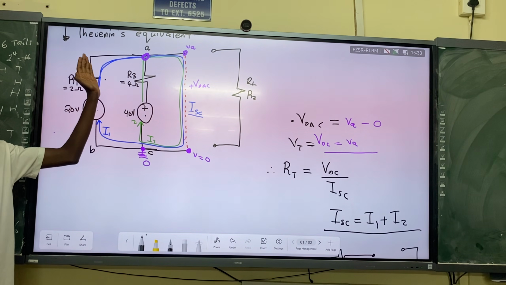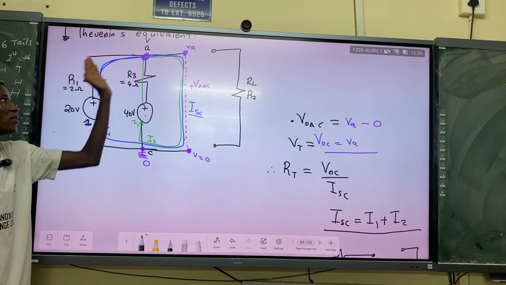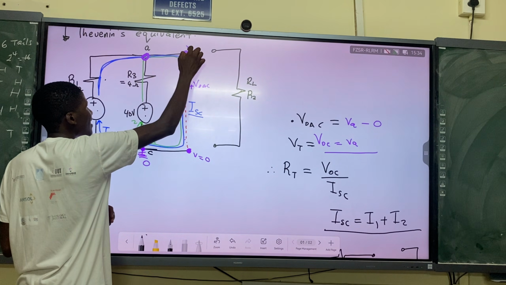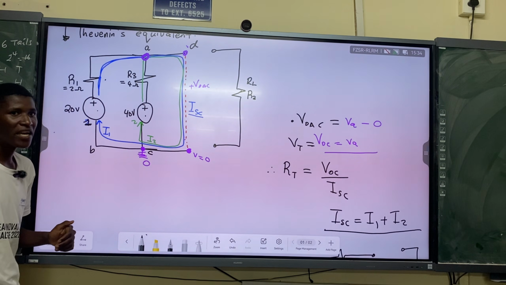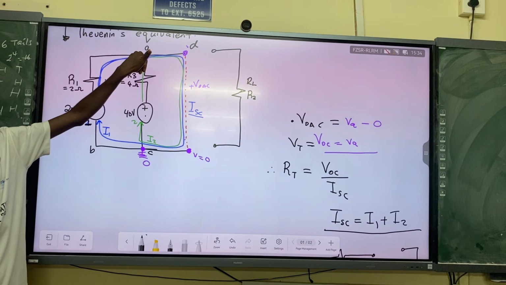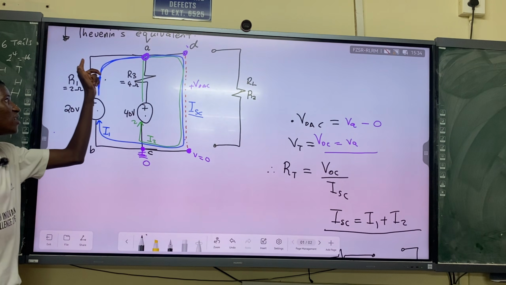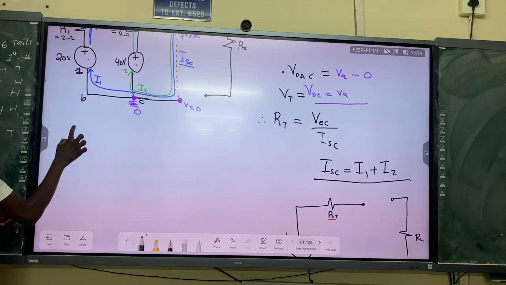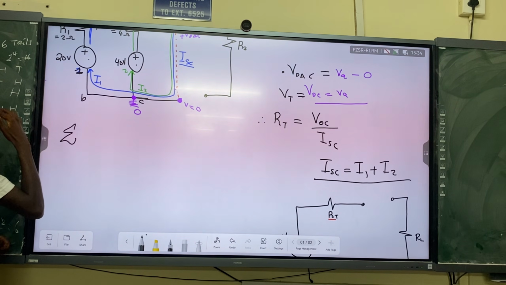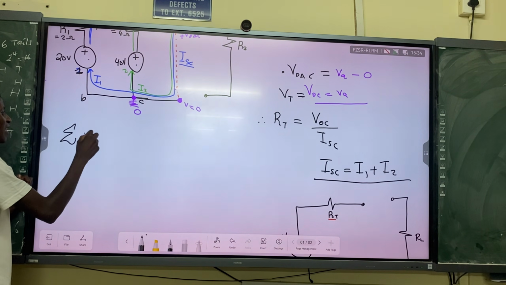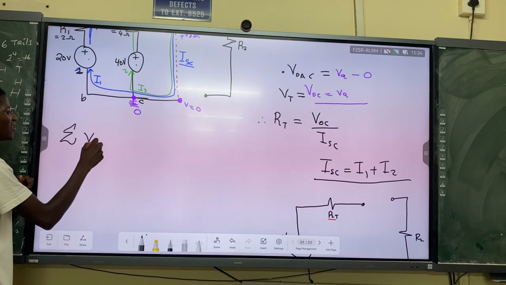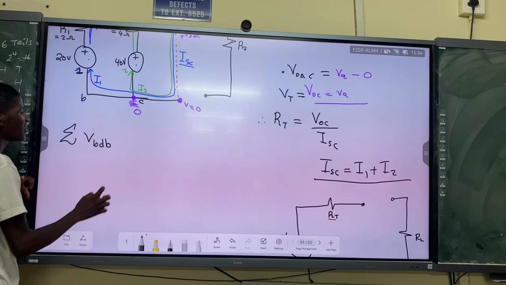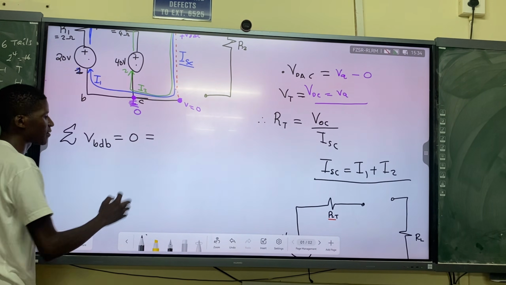So this is A, this one that goes this way, that moves from B and goes to that point. Maybe let's just say this node A, whatever it is D, but the potential is the same as A. So let's just say the loop is B, D and comes back to B. You can just make sure your loop is short in terms of numbers. So if we do the voltage law, we know that the sum of the voltages from B, D, B must be equal to 0.